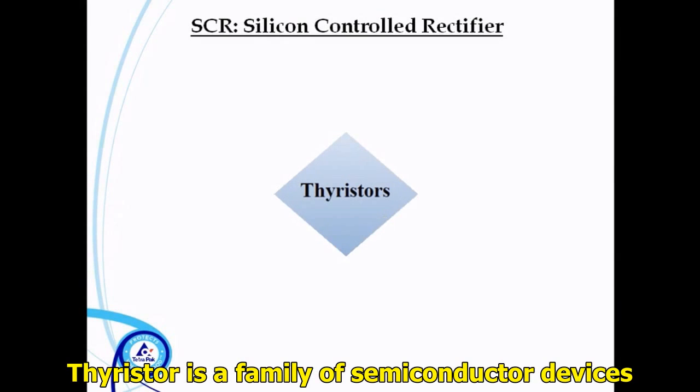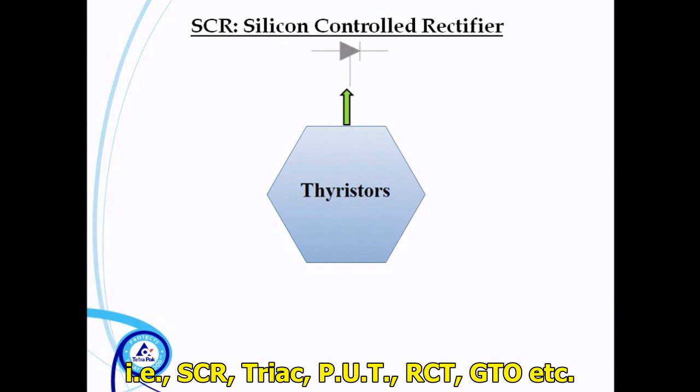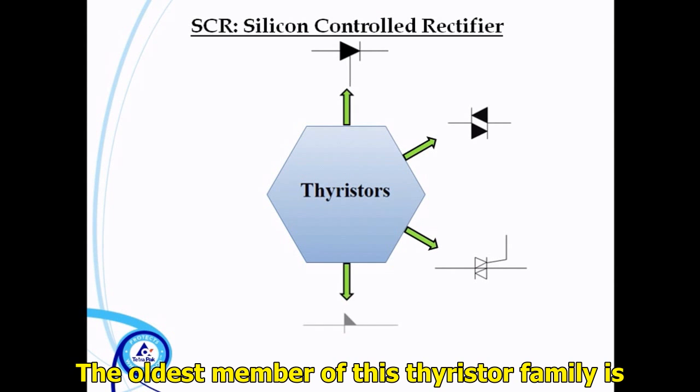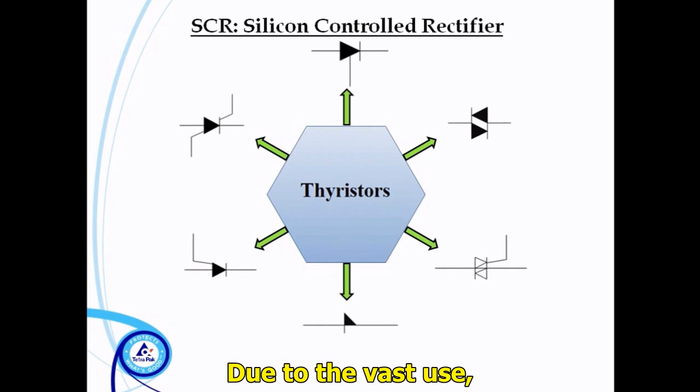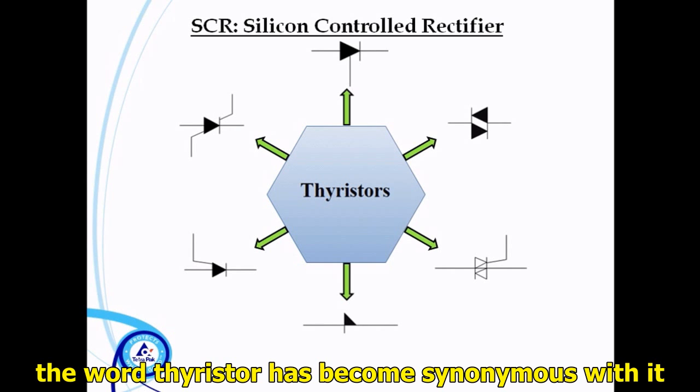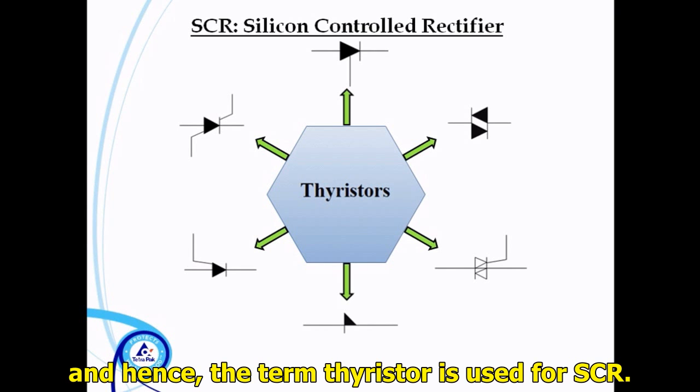Thyristor is a family of semiconductor devices, i.e. SCR, Triac, PUT, RCT, GTO, etc. The oldest member of this thyristor family is SCR, silicon-controlled rectifier. Due to the vast use, the word thyristor has become synonymous with it, and hence, the term thyristor is used